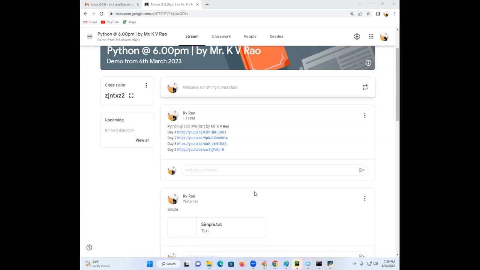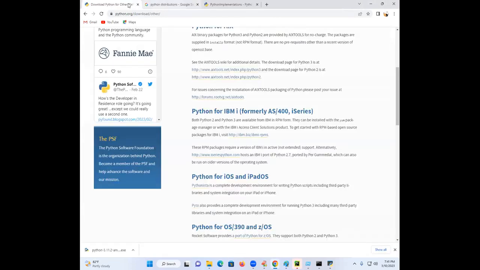Windows 7? Already I told you in the class: if you want to download Python software, you must have a later version than Windows 7. Windows 8 is the minimum. On Windows 7 it will not execute. I told you already in the class. Okay, thank you, sir.